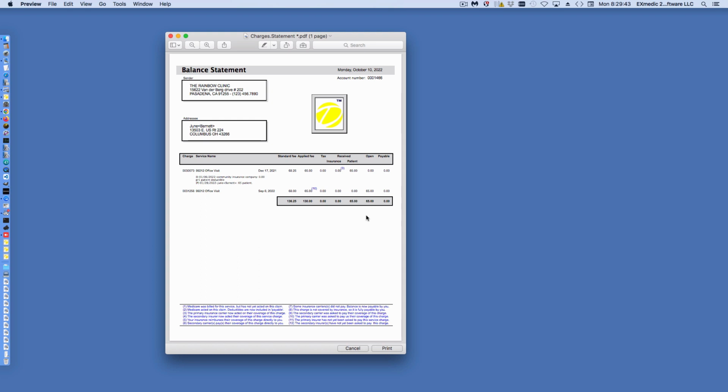That's why there is no balance at this point to be claimed from the patient. Because the patient here paid the patient part and the other one is still pending, which shows that it is